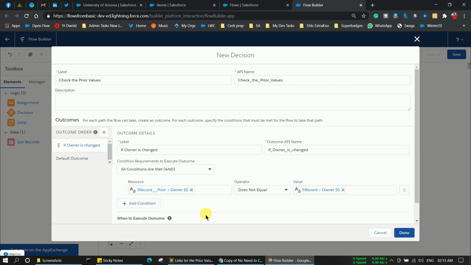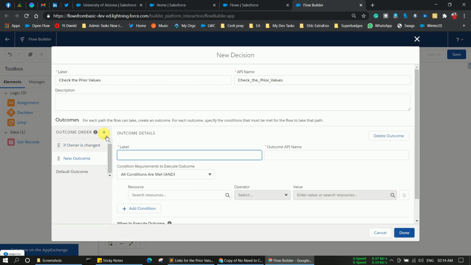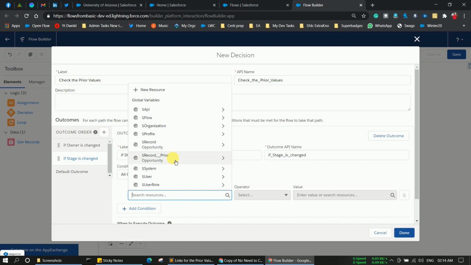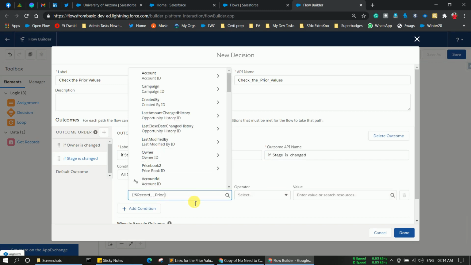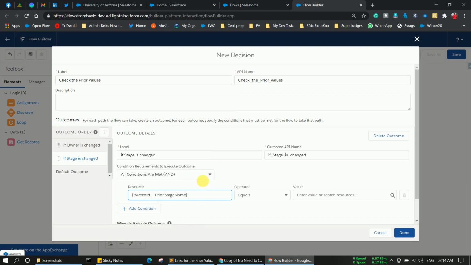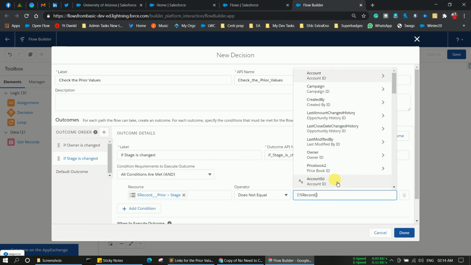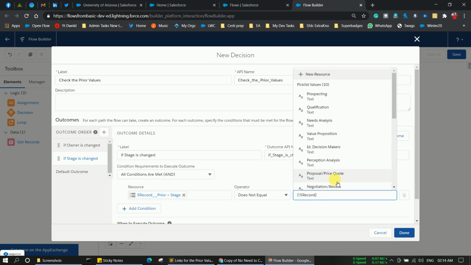If you want to make more outcome orders, let's say click on plus and here you provide: if stage is changed, with the same logic: record prior dot stage name does not equal record dot, sorry, not owner, stage.